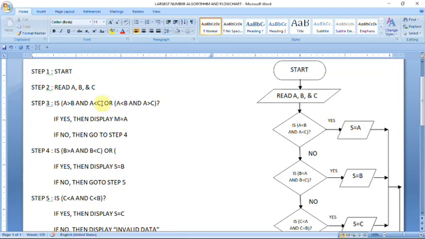It means if any condition is tested true, if this condition or this condition, any condition is satisfied, then it will display M equal to A, middle number equal to A. And again I want to write the condition is B less than A and B greater than C, question mark. If this condition is satisfied, if this condition is true, then what happens? Then middle number equal to B. If no, then go to step 5.